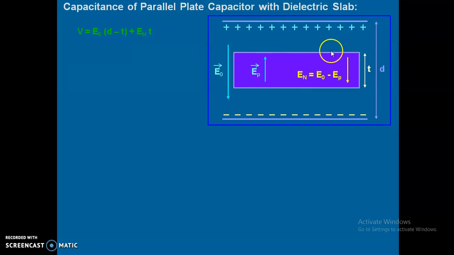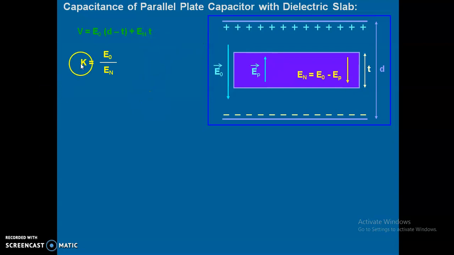According to that formula, the external electric field is E naught, and except this dielectric slab, the distance between the plates is d minus t. Okay, so E naught into d minus t plus, now what is the electric field in the slab? It is En, because it is the difference of two electric fields, external and due to the dielectric slab. So the net electric field is equal to E naught minus Ep. So En into the thickness of the slab t, so En into t,